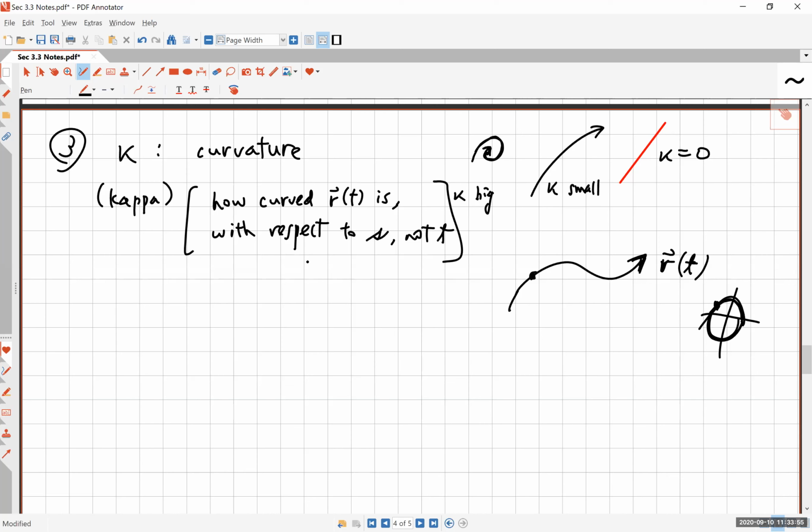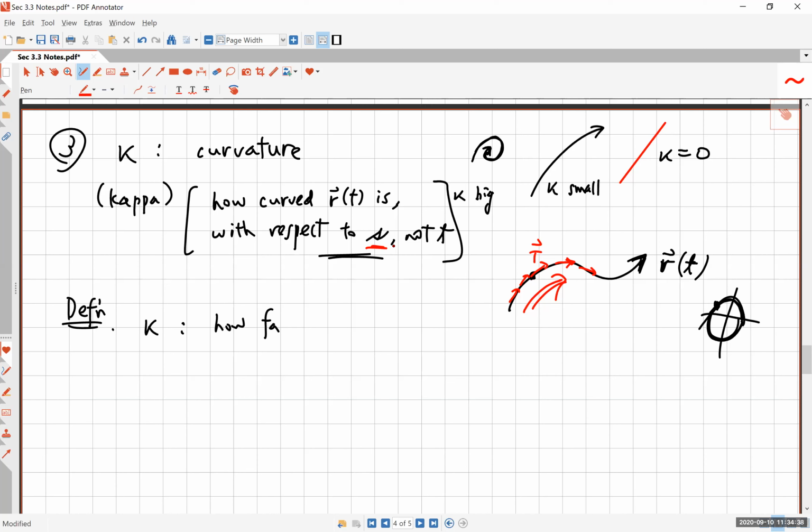So that's what I mean by the curvature being defined by s, the shape, and not by the speed, time t. So here's a definition. And I think this makes sense. By the way, how do you measure curvature? Okay, again, think of T, okay? Of course, the length of T doesn't change, it's always 1. So the curvature should be like, as you go along this direction here, maybe with a constant speed of 1,